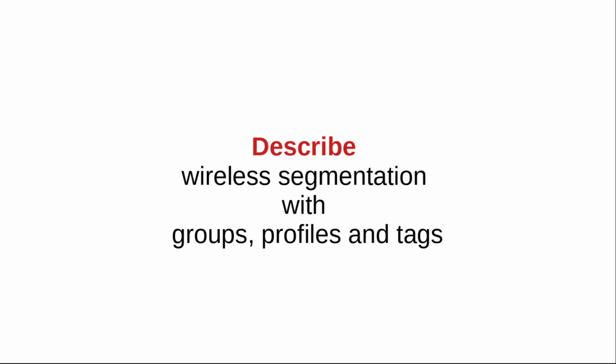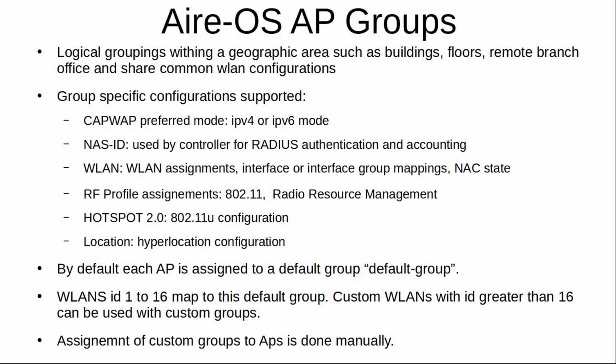Let's talk about wireless segmentation with groups, profiles, and tags. For the wireless controllers that use the operating system AireOS, there is something that is known as access point groups. These are logical groupings within geographical areas such as buildings, floors, remote branch offices, and share common wireless LAN